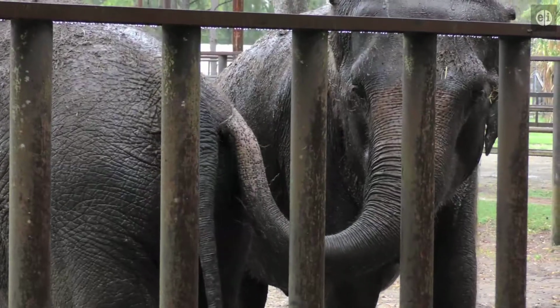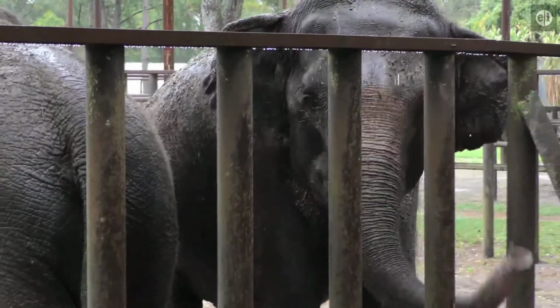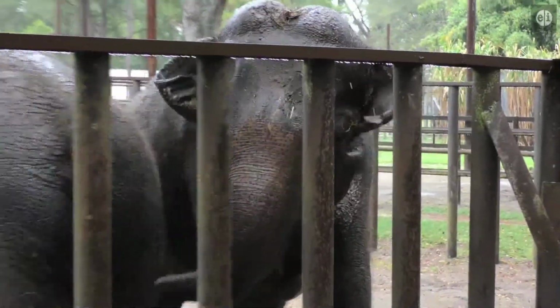You have to remember that elephants have been used throughout Asia for over 3,000 years. So they're a domestic animal in their native countries, just like dogs are here. Well, it'd be a little hard to get them into my bed. Yeah. But yeah, people have been living and working with elephants for thousands of years,